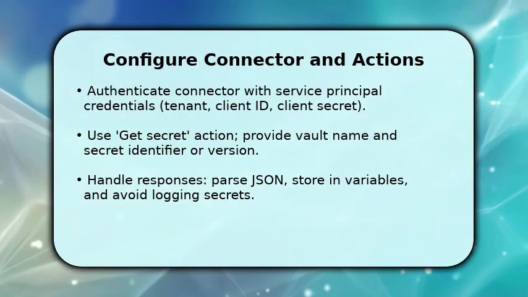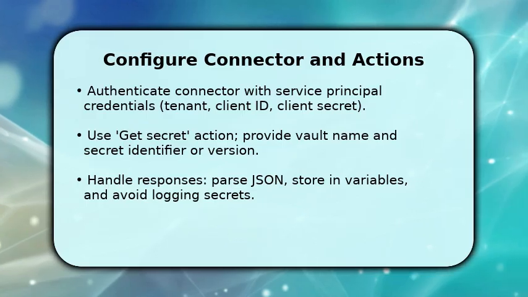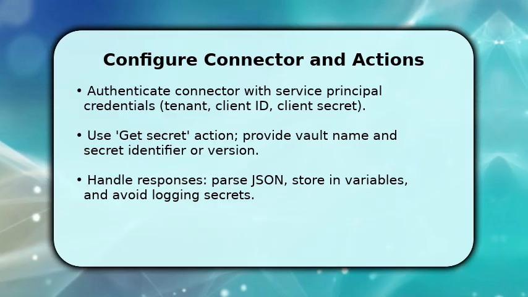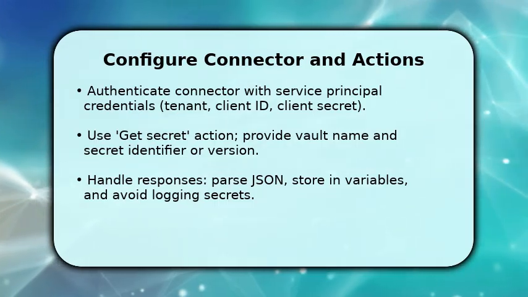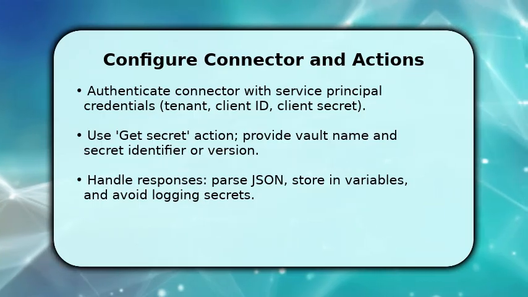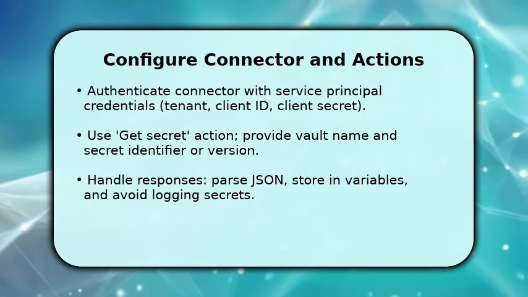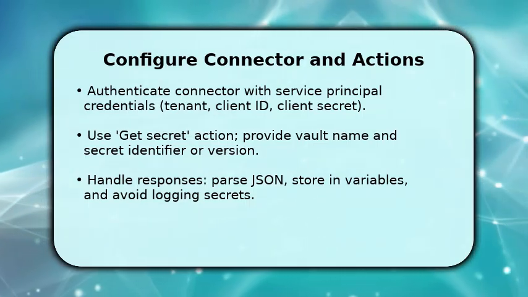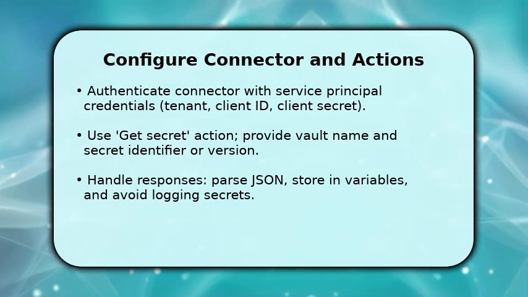Now you configure the connector and build actions. Authenticate the Azure Key Vault connector using the service principal credentials you gathered. This ensures flow-level access without user tokens. Then, add a Get Secret action and supply the vault name plus the secret identifier or version when needed. Once the action returns, parse the JSON response and store the secret value into a secure flow variable or Azure Managed Identity Reference. Avoid writing secrets to run history or plain text to reduce